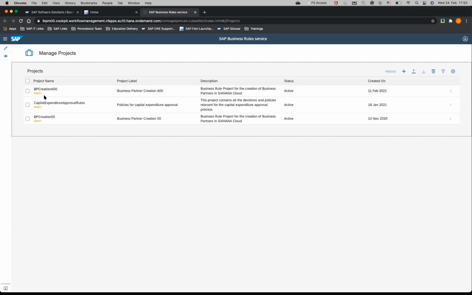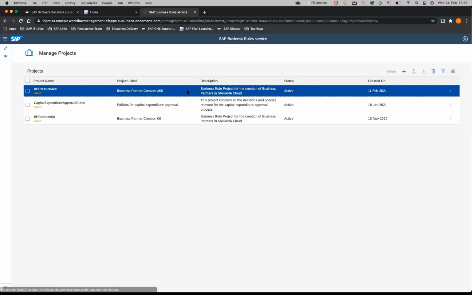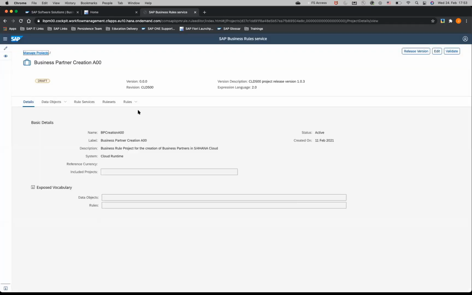Okay, so you see we have 3 projects here, and the one that I want to show you is called BP Creation A00, so same name as the workflow that I showed to you, because it's related. So this is what you would do also in the training. So these are the rules for the business partner creation, and when we click on it, we can find out